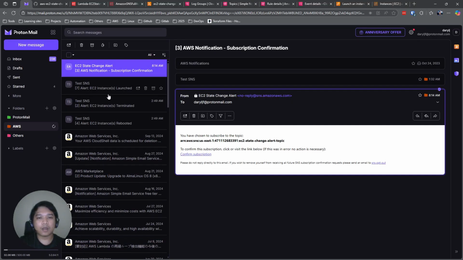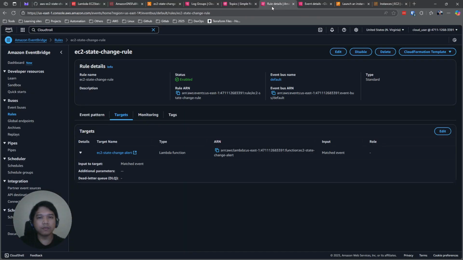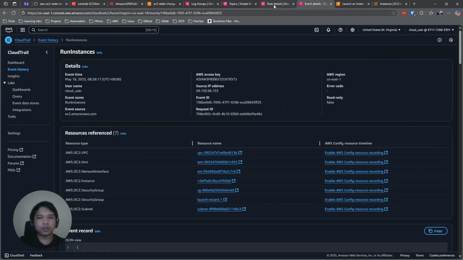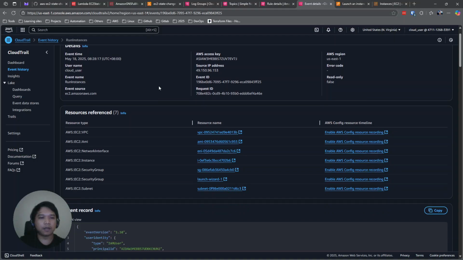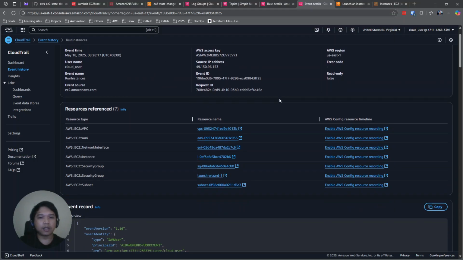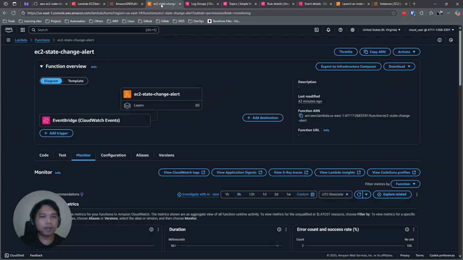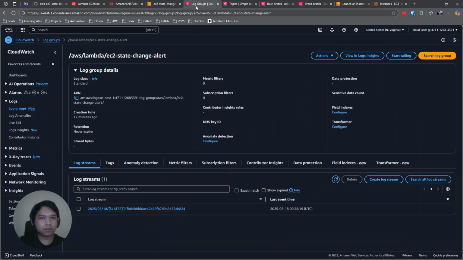So we need to investigate this one. Maybe we skipped some configuration here. What we're going to do is check the monitoring logs for the Lambda function.